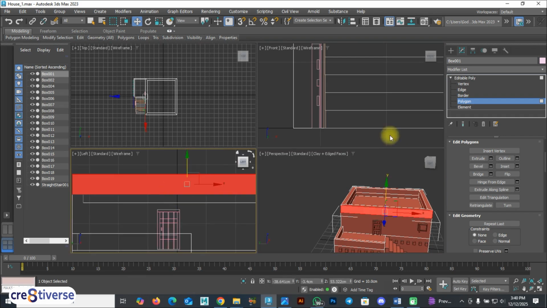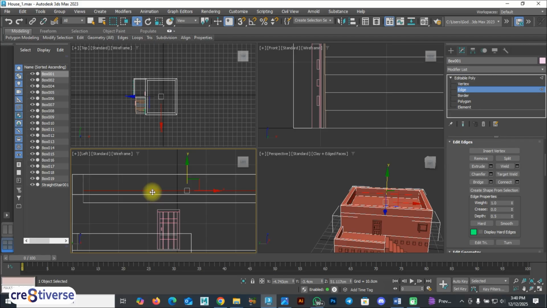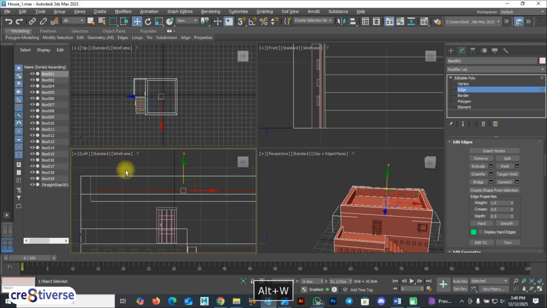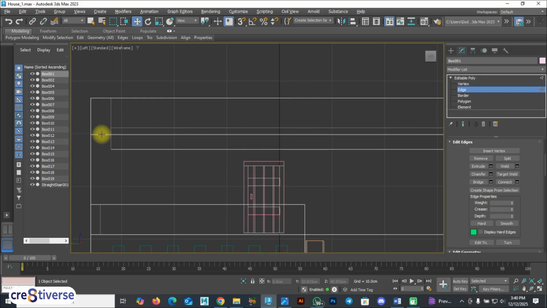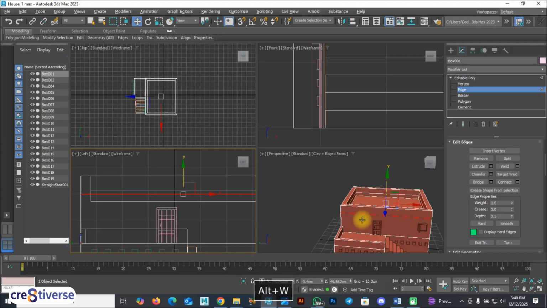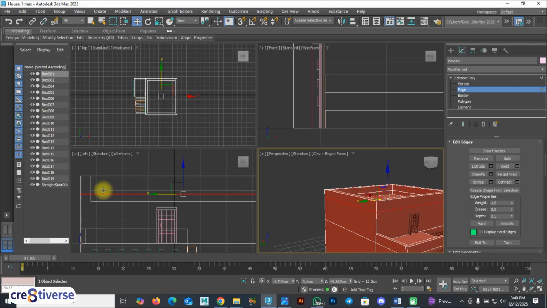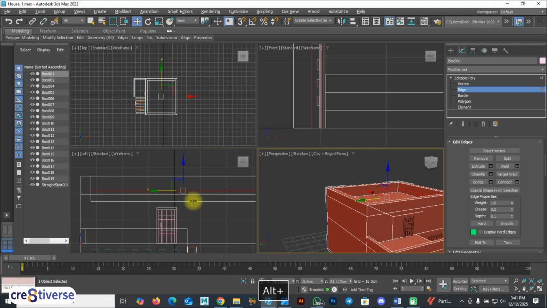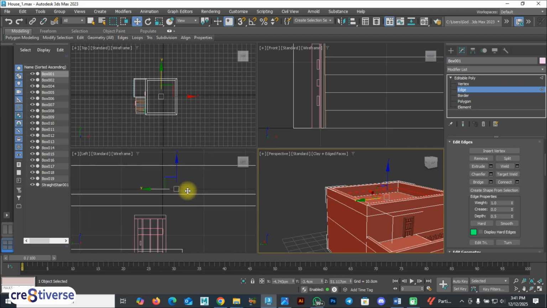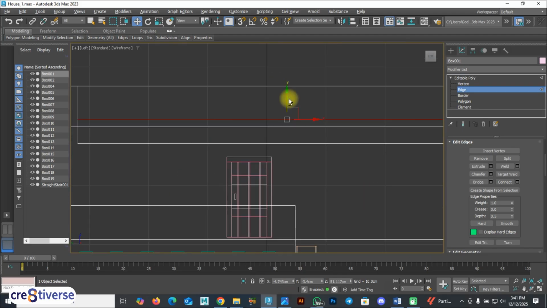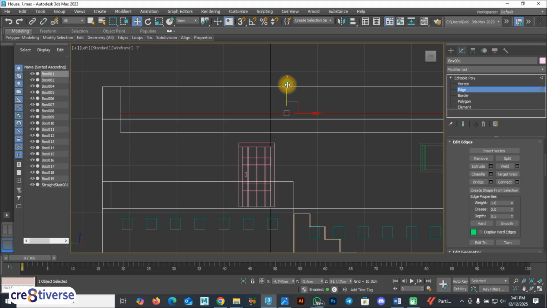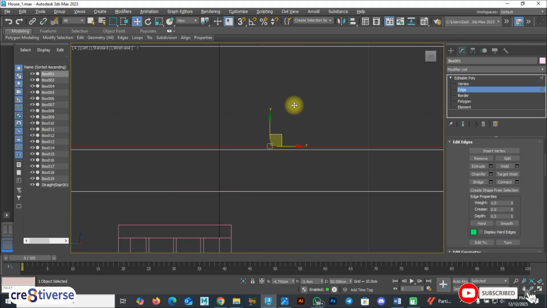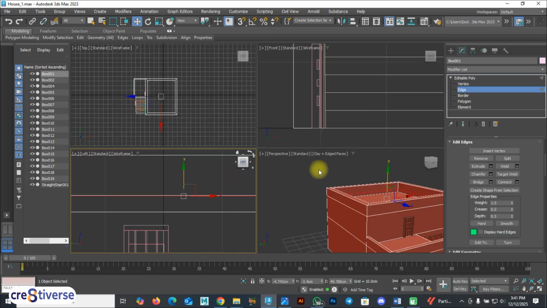Now back to my edges, right? This, now this particular one here, it's the edges that's outside. Okay, and this particular one here is the one inside. So we want both of them to be on the same line. So basically I could just push this down. Okay, hope you can see the red line. Push this down. So with that